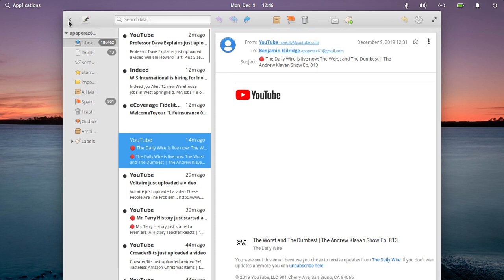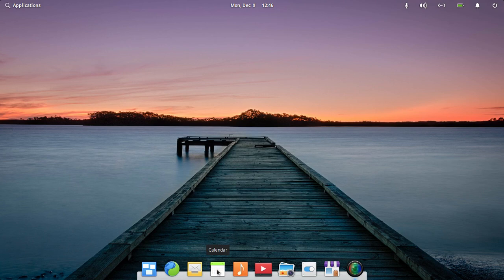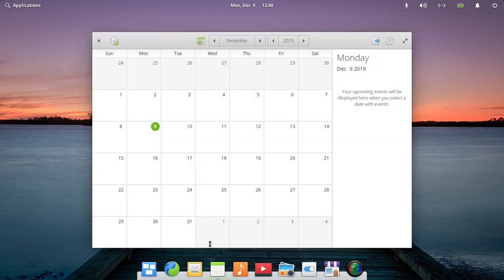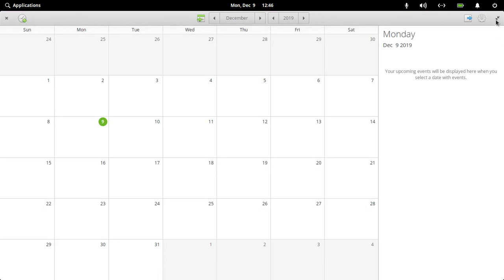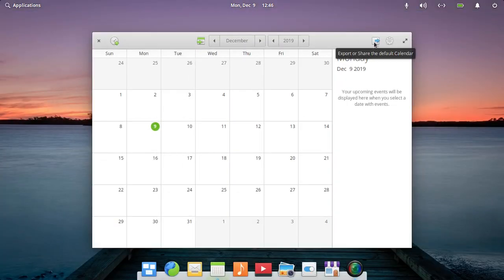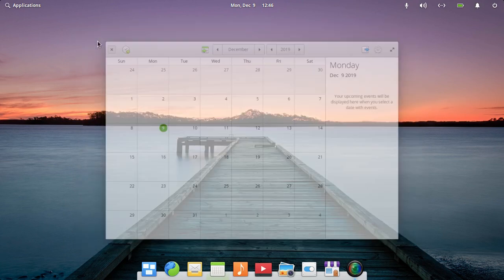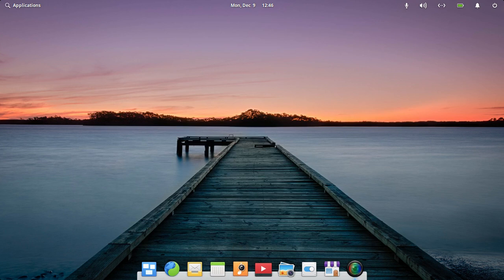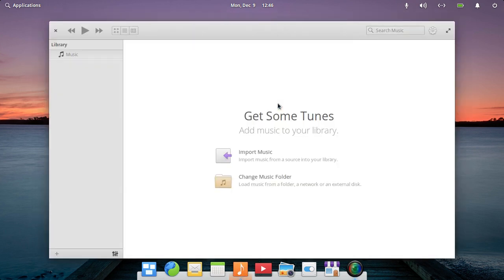Okay, I do have some thoughts on this so far. Check out the calendar. It's pretty basic. Let's see what this does. That just makes it full screen. Okay. Export the shared calendar. Oh. It's pretty neat. Music. See what kind of music app they've got. Well, I don't have any music on this computer, so